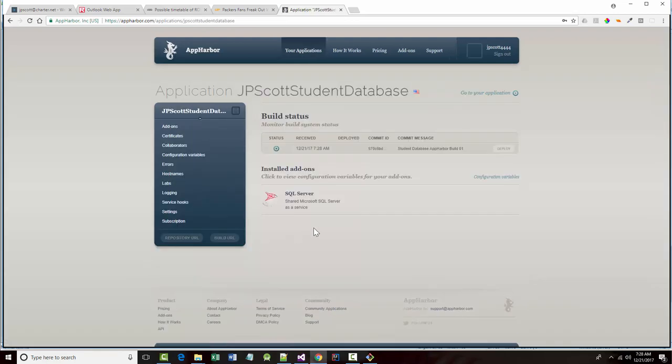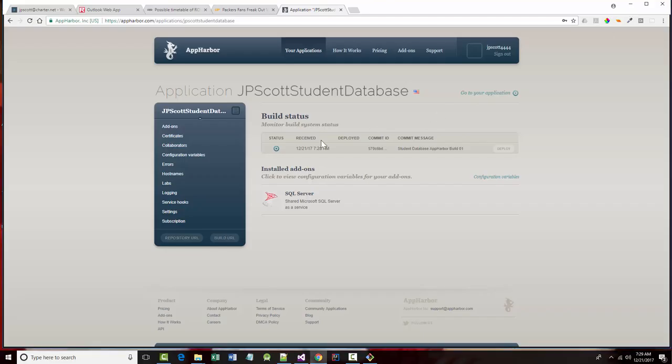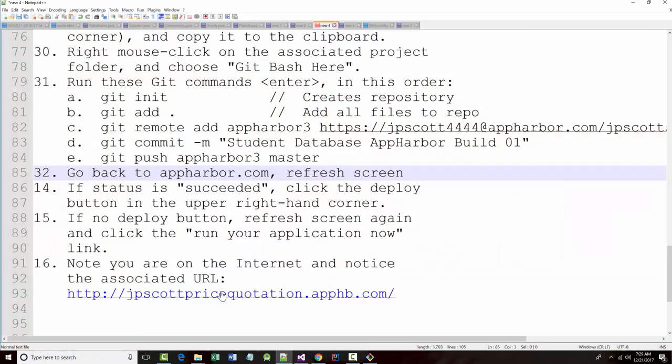Student database. There it is. All right. And I've refreshed the screen, so I'm going to, if the status is succeeded, click the deploy button. It is succeeded. So I should be able to click the deploy button, which says that basically it is queuing my thing for development. And if that works,